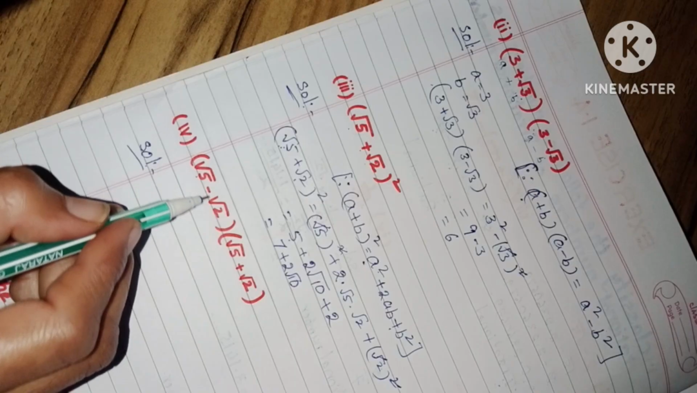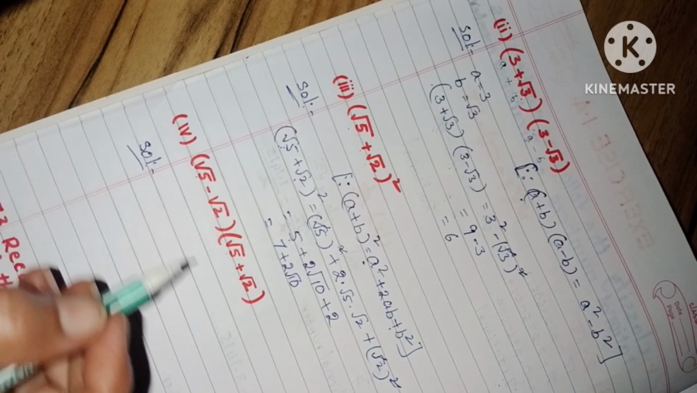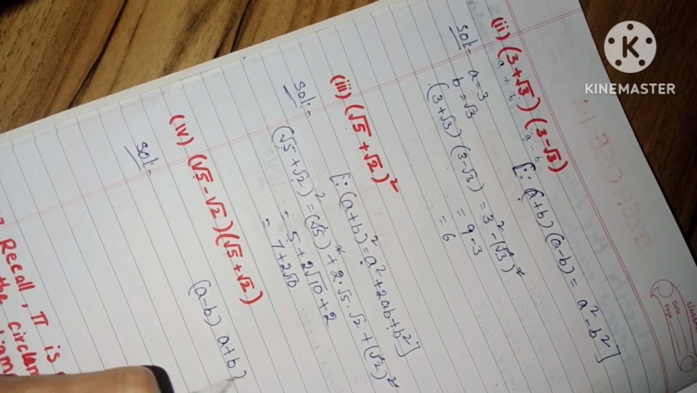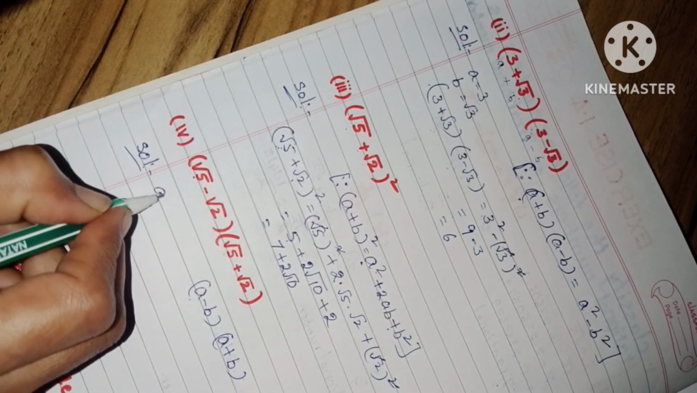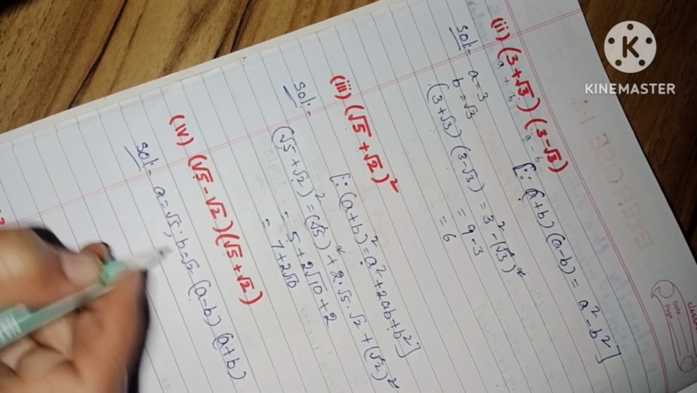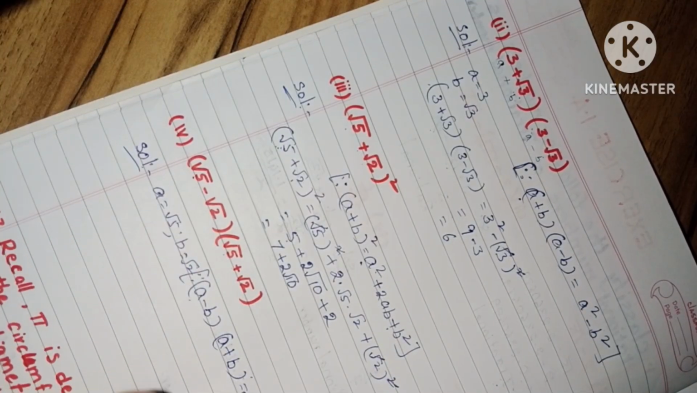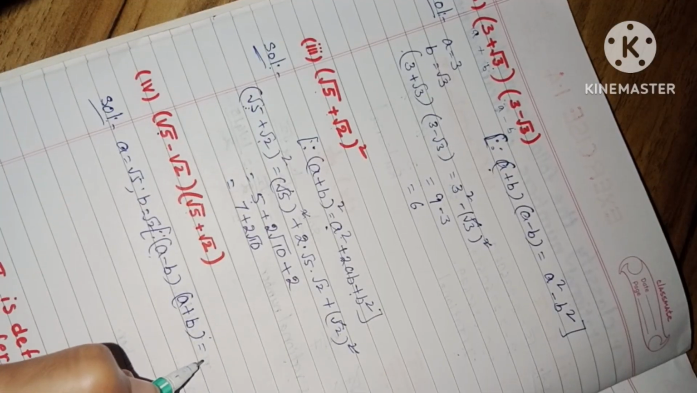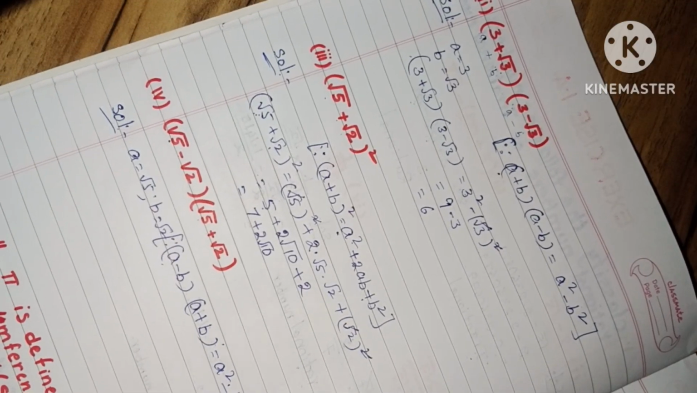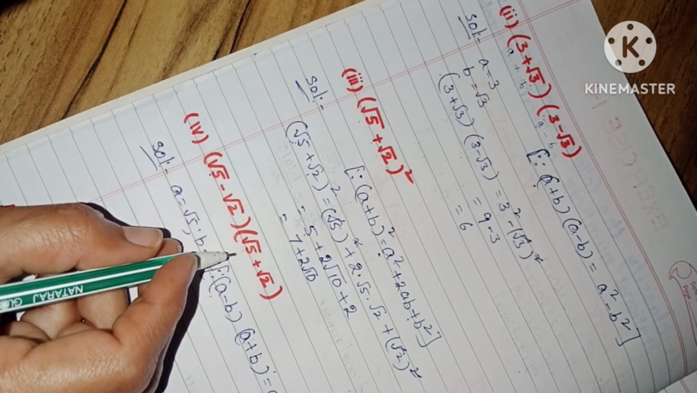Now, root 5 minus root 2 times root 5 plus root 2. This is also in the form of a minus b times a plus b, which is a is root 5 and b is equal to root 2. So, by this, a minus b into a plus b can be written as a square minus b square. By this identity, we can write root 5 minus root 2 times root 5 plus root 2